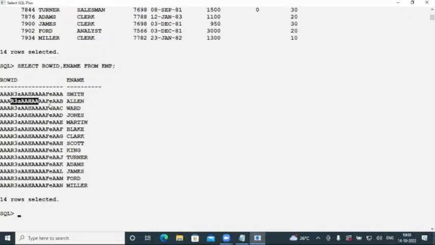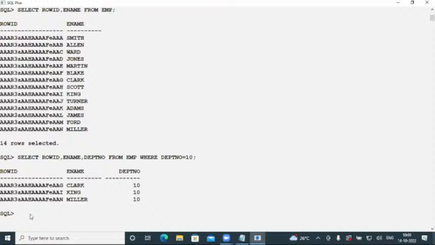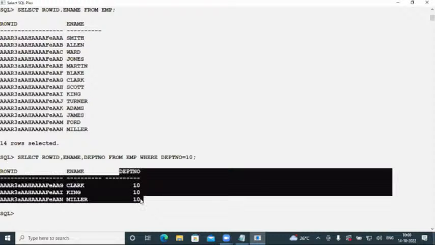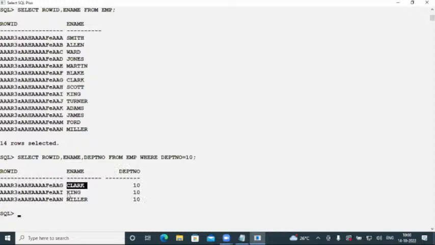Okay. And now, are these row IDs temporary or permanent? Suppose you have a doubt, then you can call ROWID, ename and department number from EMP where department number equals 10. And in the 10th department, how many employees do we have here? 3 employees. And the 3 employees' names are Clark, King and Miller. So now